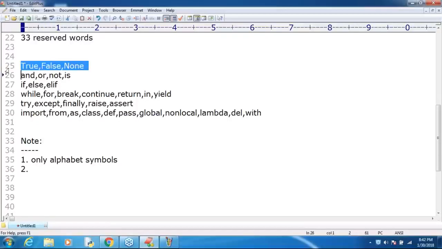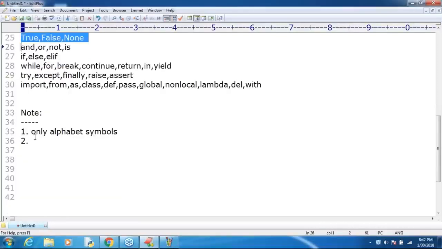The first three are literal values. Compulsorily they should start with a capital letter. Make sure, sir. Except the first three, all the remaining contain only lowercase alphabet symbols. Correct or not? Python is case sensitive, sir. Everywhere you need to consider whether it is lower or upper case. The difference is there. It is a case sensitive programming language. Clear for all of you, right? Except the first three, all the remaining contain only lowercase alphabet symbols. Clear, right?